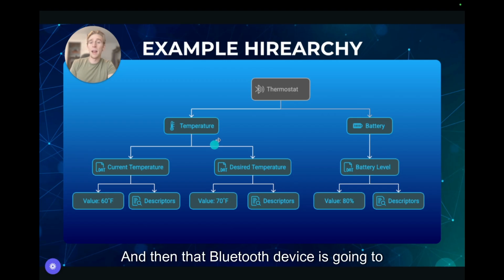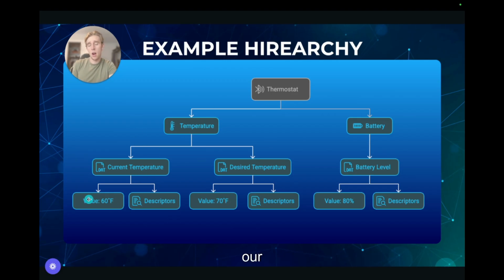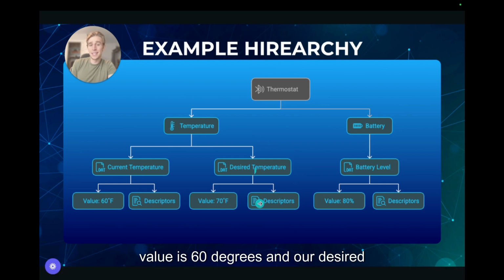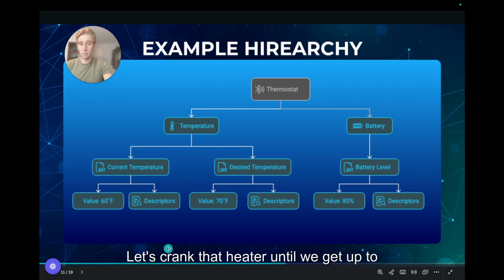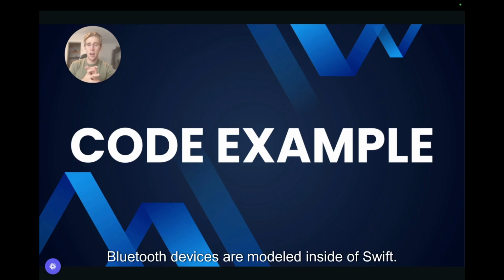value is. And then that Bluetooth device is going to have its own programming that's going to say, hey, our value is 60 degrees and our desired temperature is 70 degrees. Let's crank that heater until we get up to 70 degrees. Anyway, so this is a super quick lesson to just kind of show you how Bluetooth devices are modeled inside